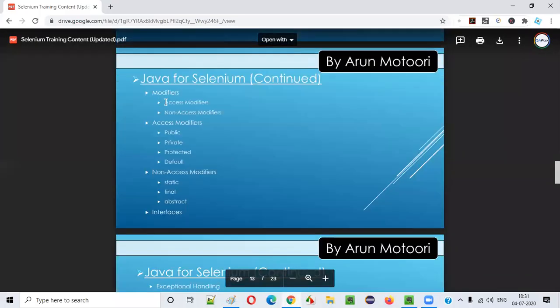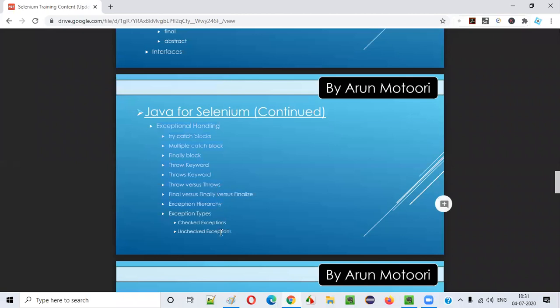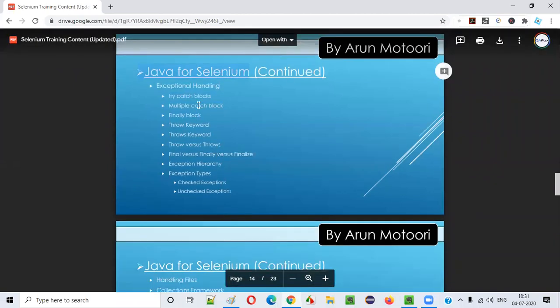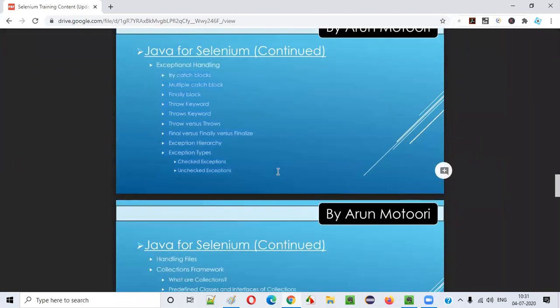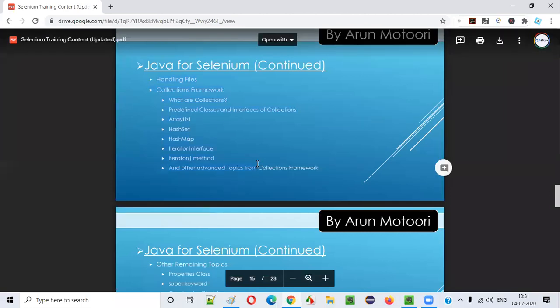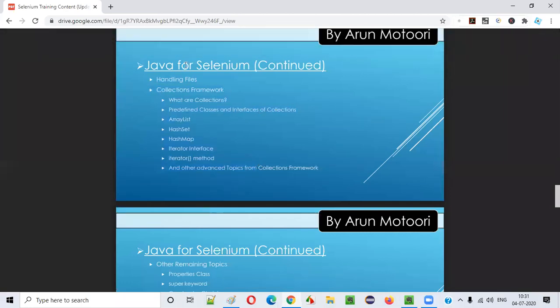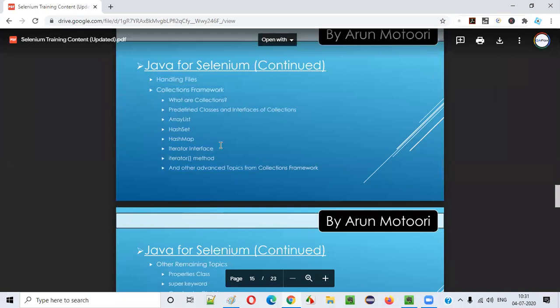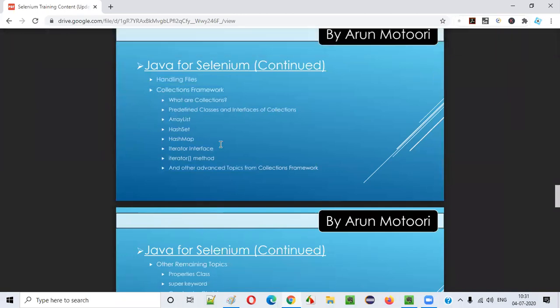Anyhow, a lot of advanced topics are also covered in core Java, guys. As you can see, there are many concepts. The list for Java is never ending, and each and every concept will be practical and solution oriented, guys. I am going to solve problems before you. On your behalf, I am going to solve problems.